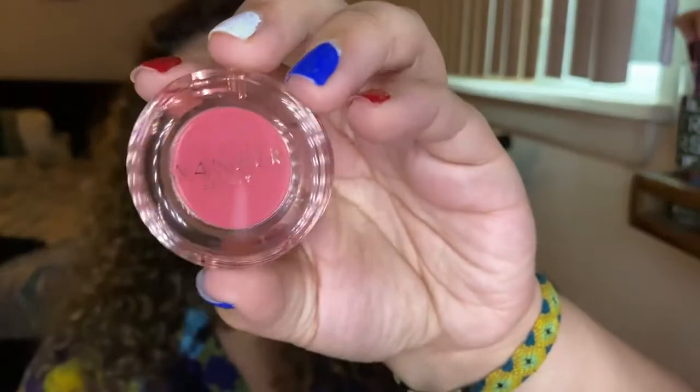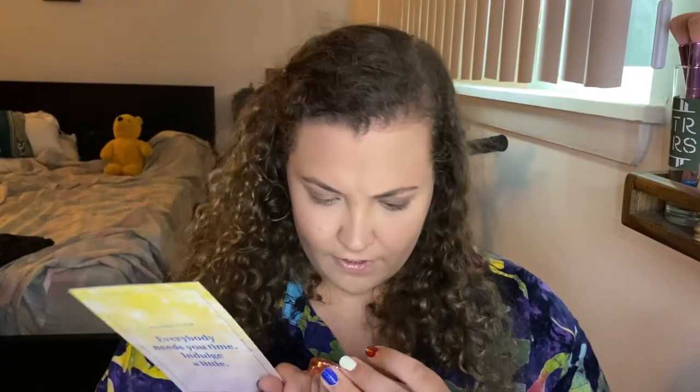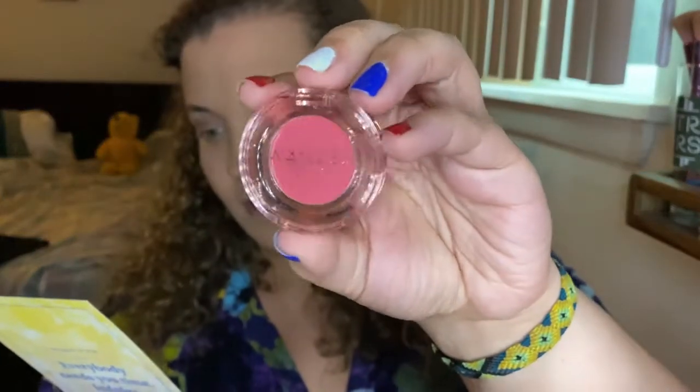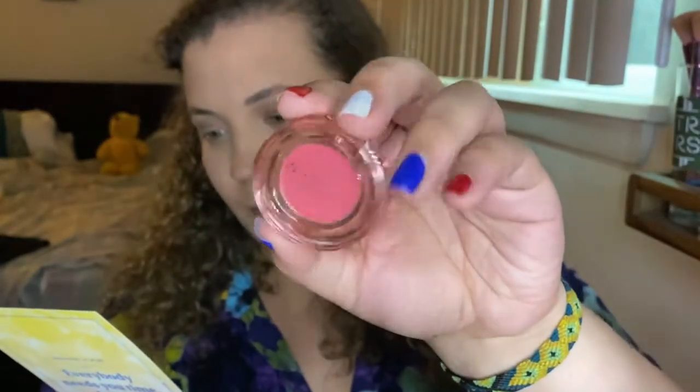Okay. One of the last items is from Wander Beauty. And I've gotten some products from Wander Beauty before, and this looks like it's gonna be like a cheek stain or a lippy or something. On the back it says double date lip and cheek. So the full size of this item would be $22, and it's a multitasking lip and cheek balm. So that's cool. And I think I did not put blush on today. So I'm gonna just go ahead and